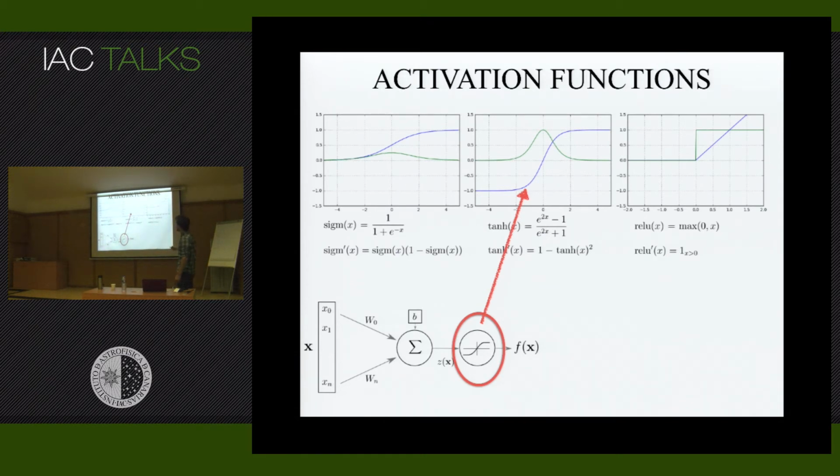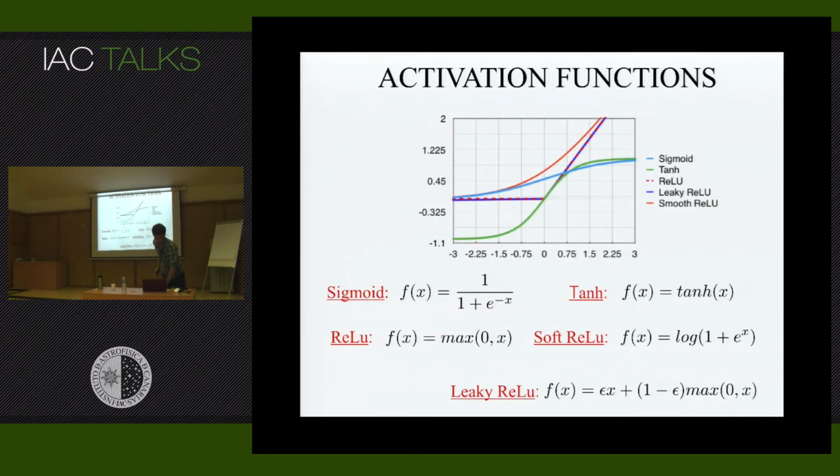So these are the sigmoid function that you will probably hear about if you work with neural networks. This is the ReLU function, which is basically 0 below 0, and then it's just linear. This is very used in deep learning, as I will show you later, because it's more stable. This is only for your records. All these are the typical activation functions that you can use, the nonlinearity that you put after the neuron.